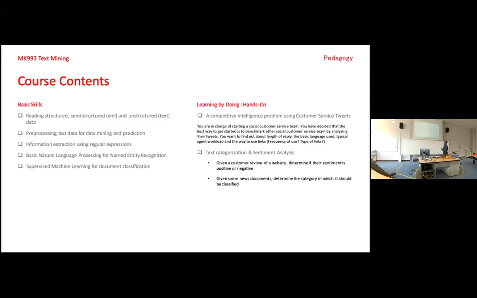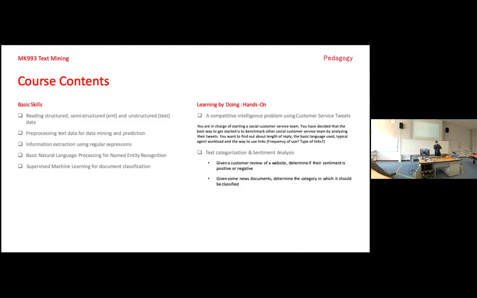And then we use pre-processing and extract information from that. We can then also use that information to predict things, such as sentiment analysis or text classification. And in this case, we are going to do something very practical, based on marketing. The example I take here is business intelligence based.